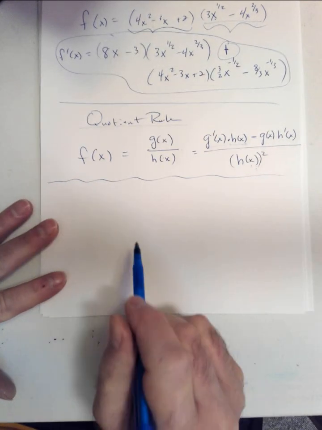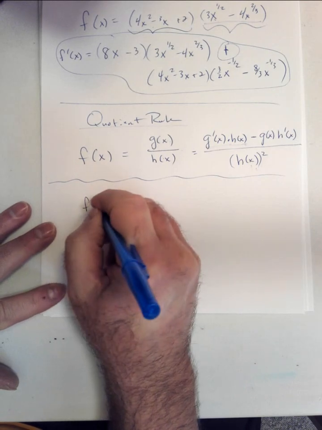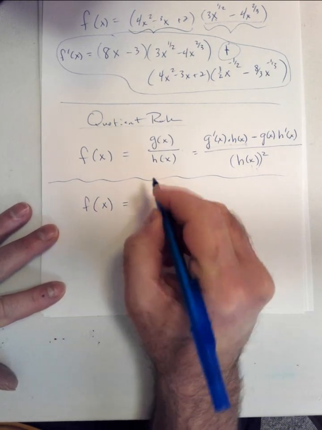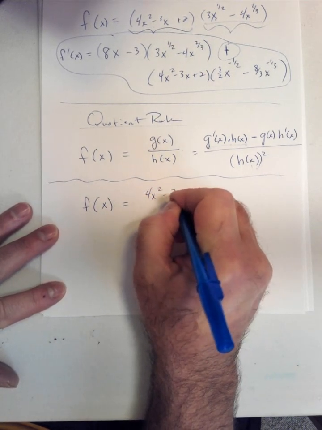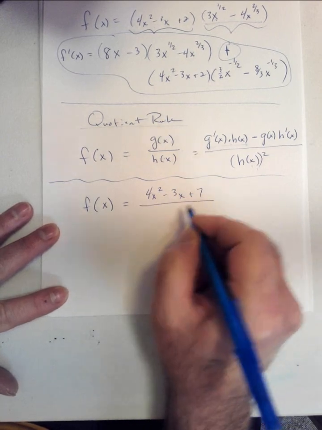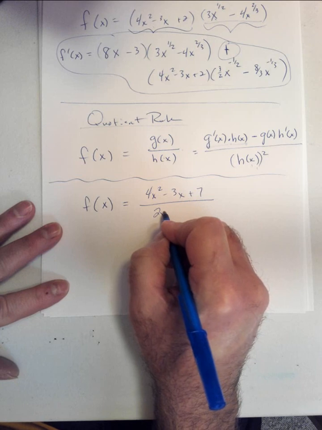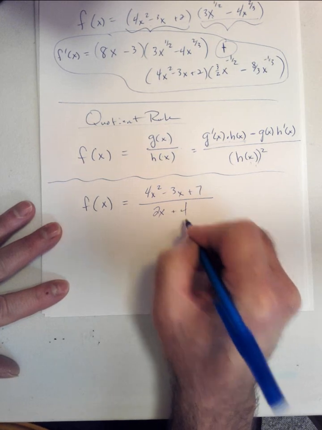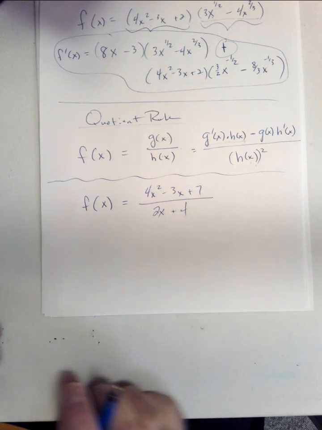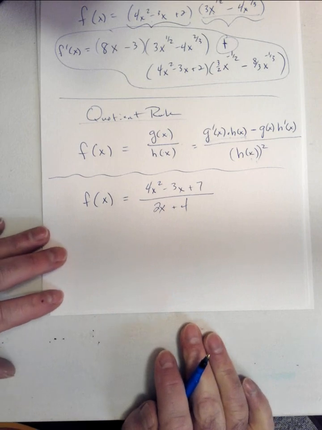So that being said, if we have (4x squared minus 3x plus 7) over (2x plus 4). Okay, a little simple example here. Applying the quotient rule